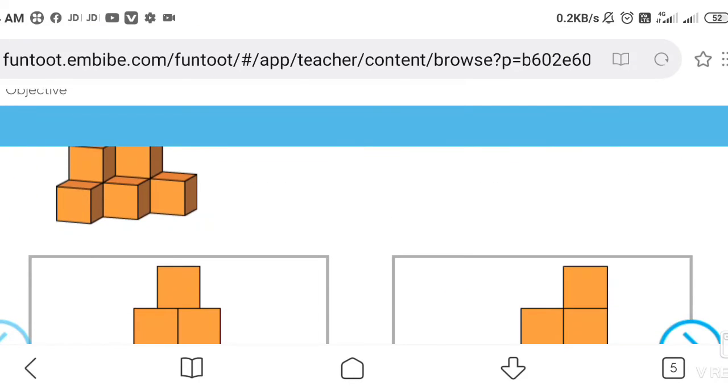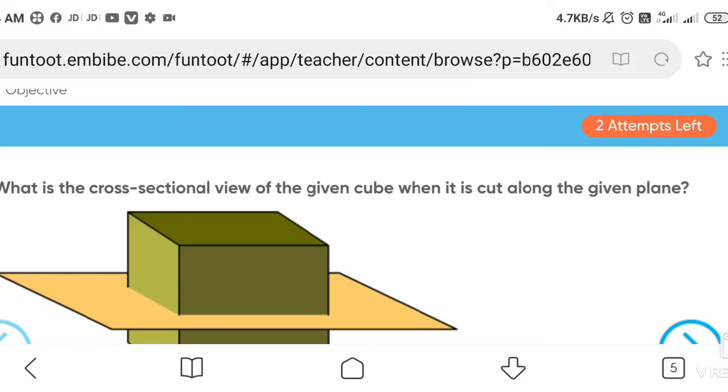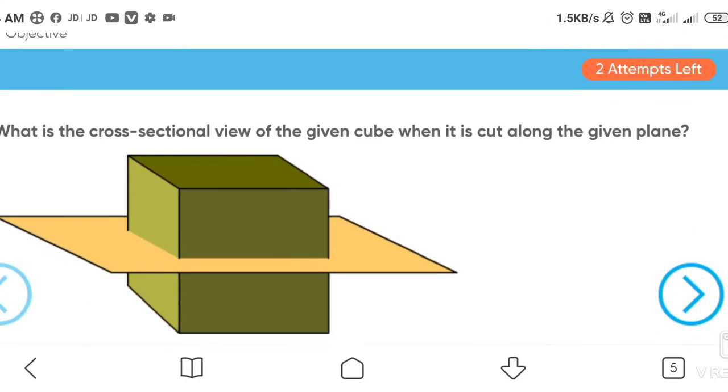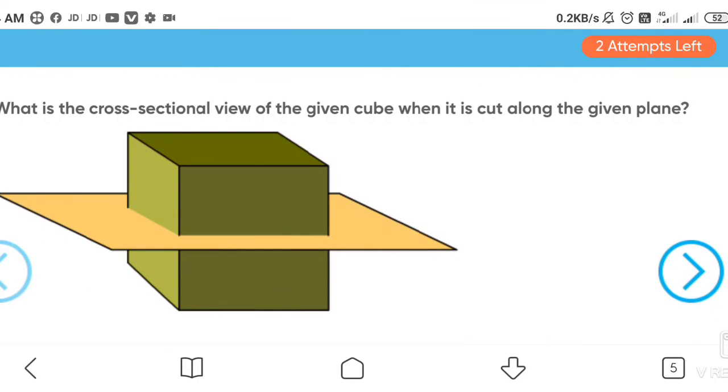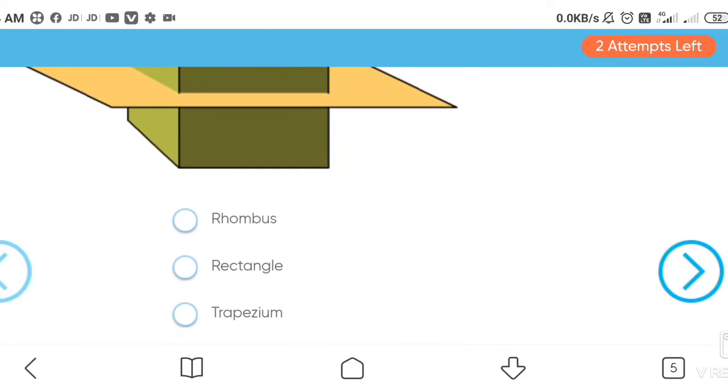Now the next question is, what is the cross sectional view of the given cube when it is cut along the given plane? Just now we saw when we cut it how the figure looks. Now see, if I cut it cross sectionally, then which shape can I find?